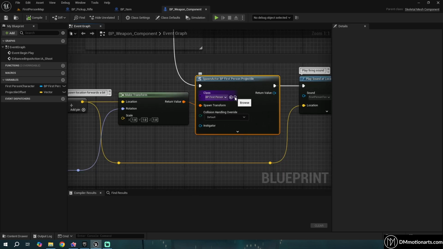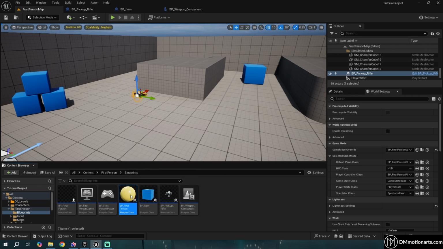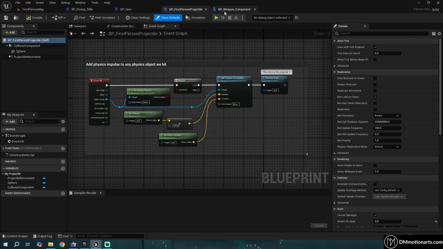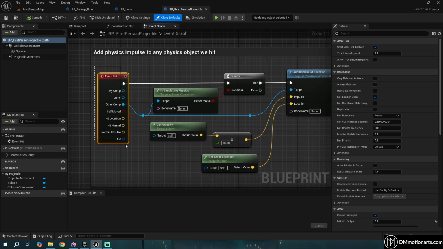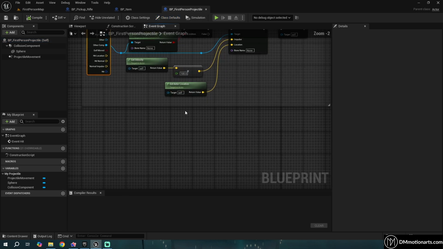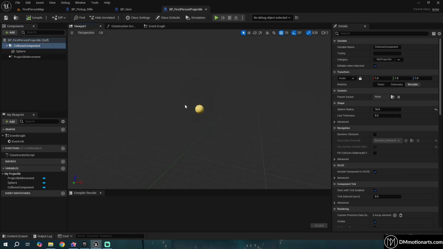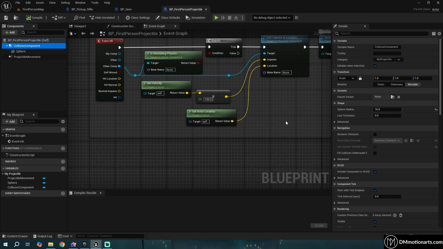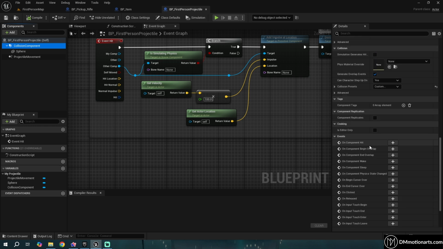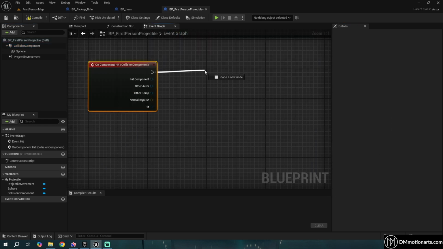If I click on here, this is the projectile blueprint. So this is what's getting shot every time we are pressing left click. So this is where we have to do stuff. Here you could see on event hit, it is doing all that stuff. And there's the collision. If you go in here, you could see there's a collision component for this bullet. If I click on this collision component, I can also do on component hit like this. I could go in here and then